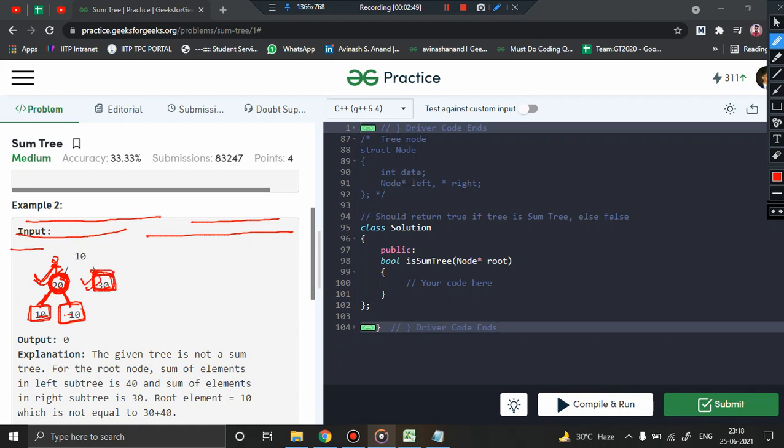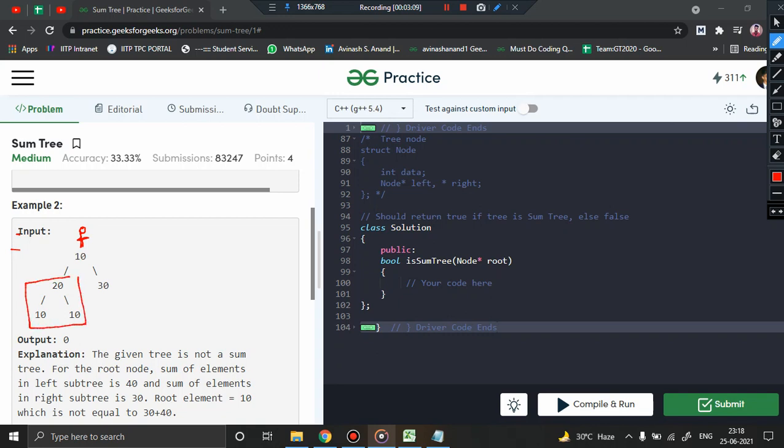So now this subtree is a sum tree, this is a sum tree, but I want to check whether the entire thing is a sum tree or not. For that, the definition should be satisfied for every node. Now if I stand on the node with value 10, what happens? The left subtree has a sum of 20 plus 10, 30 plus 10, 40.